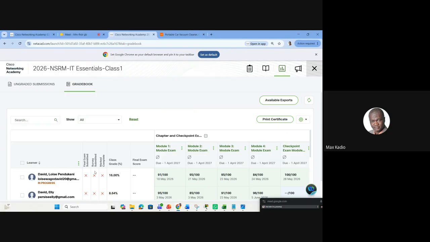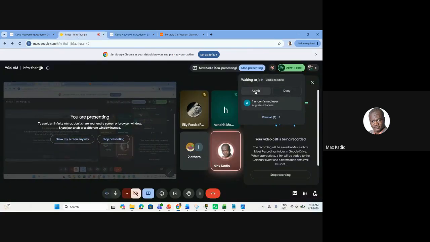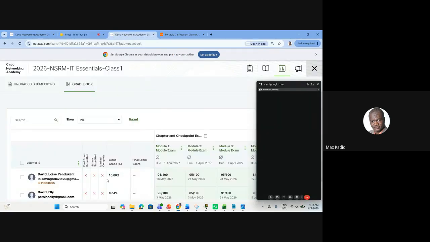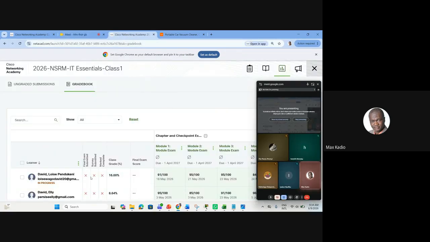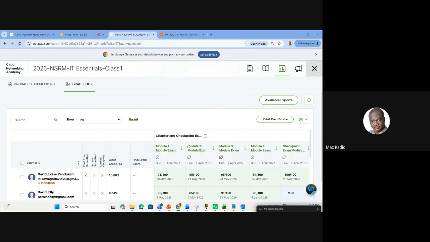Because you see here, for example, you need to do your final exam. Then you need to do the end of course survey. And here, if you finish all your chapter exams, it will be marked as complete. So if all these 3 are green, then the system will generate your certificate. But if you don't do all your chapter exams and all this, it's not difficult. It's open. You can do it many times. There is no problem for that.